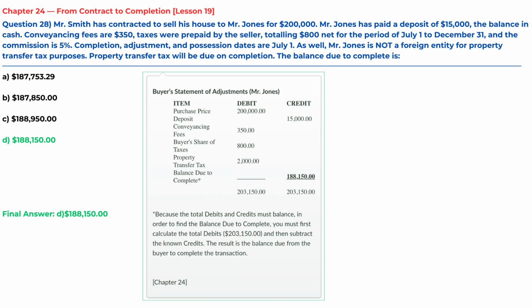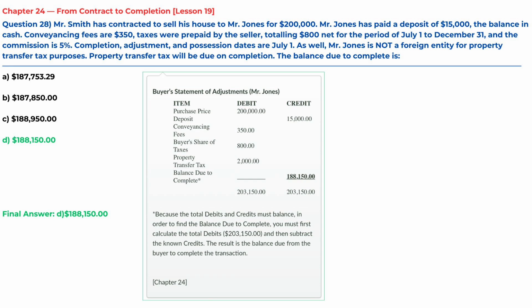Question 28. Mr. Smith has contracted to sell his house to Mr. Jones for $200,000. Mr. Jones has paid a deposit of $15,000, the balance in cash. Conveyancing fees are $350. Taxes were prepaid by the seller, totaling $800 net for the period of July 1st to December 31st, and the commission is 5%. Completion, adjustment, and possession dates are July 1st. As well, Mr. Jones is not a foreign entity for property transfer tax purposes. Property transfer tax will be due on completion. The balance due to complete is, the correct answer is D,